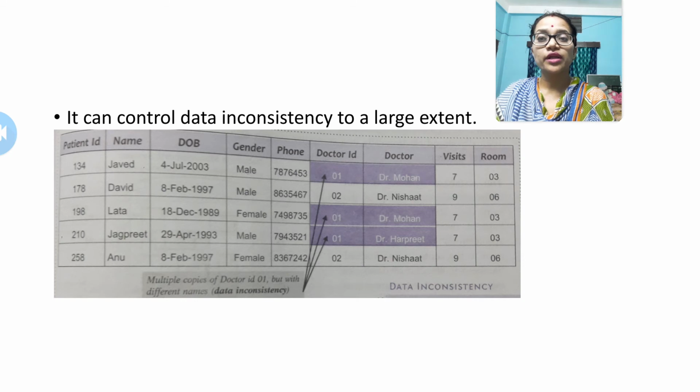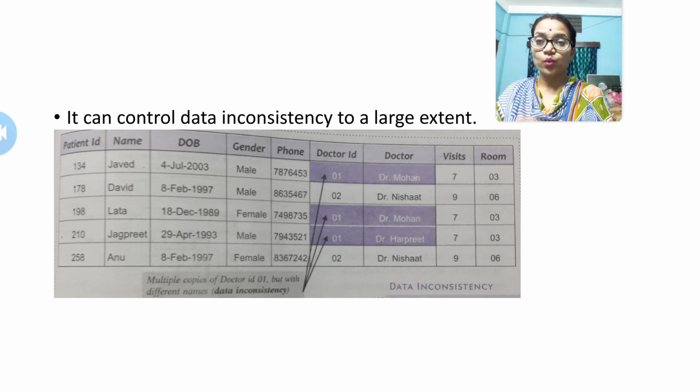It is written Dr. ID 1 and doctor name is Dr. Mohan. Again look at the third row. Again it is Dr. ID 1 and doctor name is Dr. Mohan. And then Dr. ID is 1 but the doctor name is Dr. Harpreet. So here you can find that due to data redundancy, due to the duplicacy of the problem,